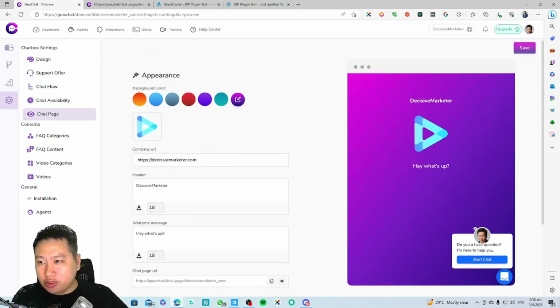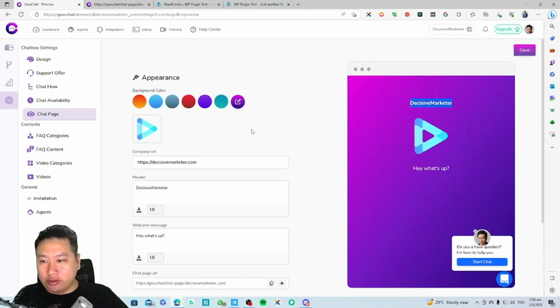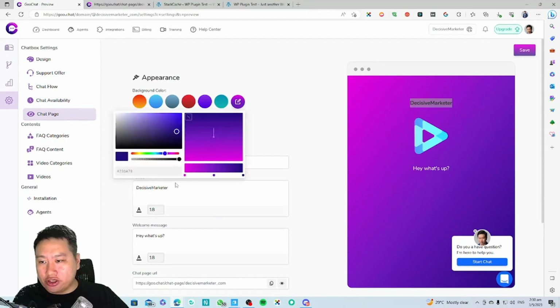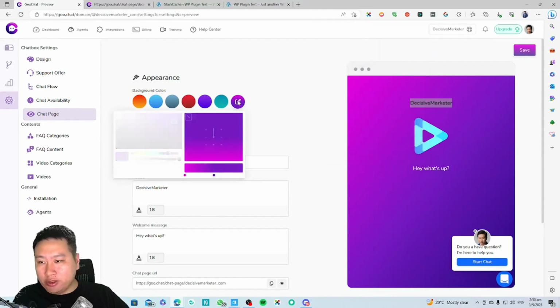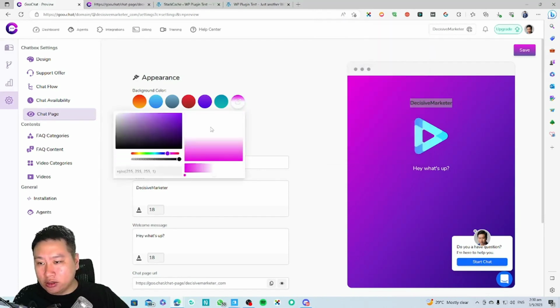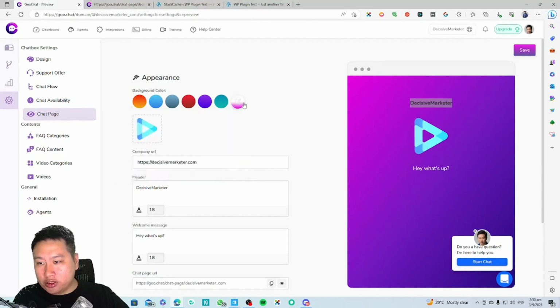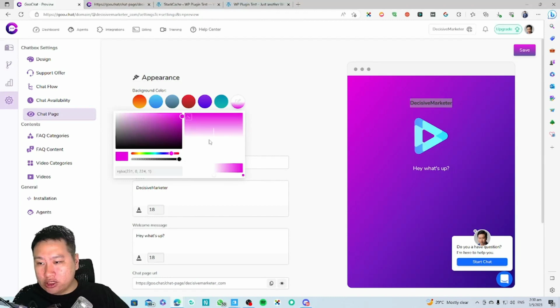Okay, so you can put in your company URL. You can of course change the background color as well if you don't want that. Maybe we'll have white. Okay, oops, because they have this gradient thing going on. Okay, so that will be